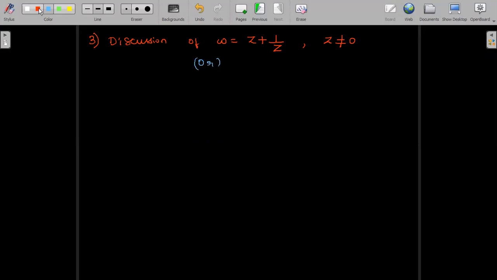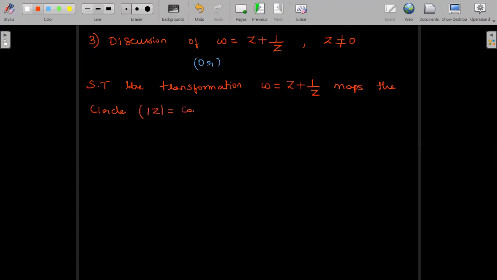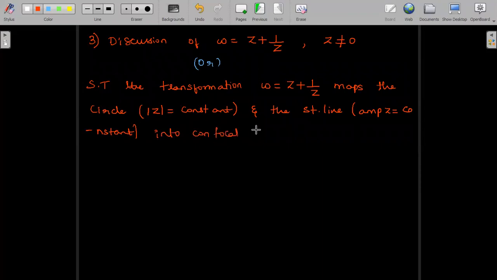Show that the transformation w is equal to z plus 1 by z maps the circle mod z is equal to constant, and the straight line which is given by amplitude z is equal to constant, into confocal conics. So we have to show that the transformation w is equal to z plus 1 by z maps the